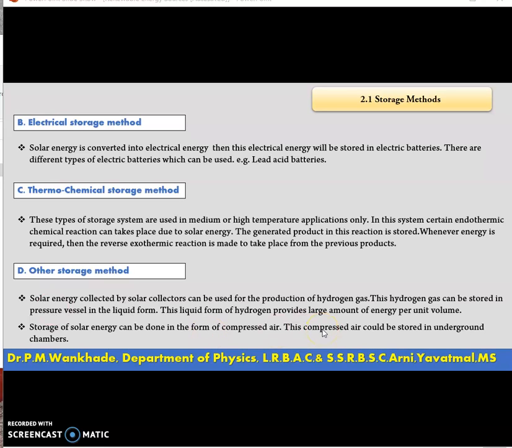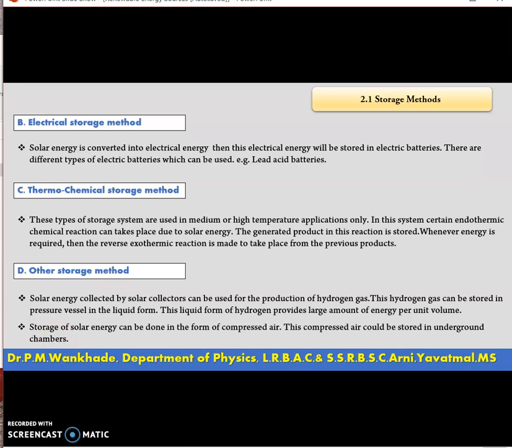How does this happen? Let us look. The electrical energy produced by a solar system is used to run compressor to compress large amount of air and store it in underground chamber. Later on, when energy is needed, the air is decompressed and is supplied to a turbine to generate electricity. Compressed air energy system promises high efficiencies, although this technology is not yet widely implemented.